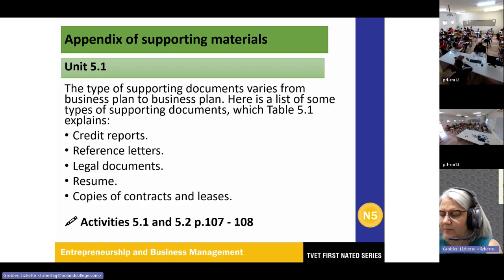The information in these documents is important for funding of a new business and also an existing business. Say, for instance, you want to expand your business. They are going to look at your credit report. They are going to look at if you are credit worthy as a business. Then examples here: a 2-year history of all the credit that you've applied for, also the credit accounts that you have and your payment history with them. So they look at history definitely.